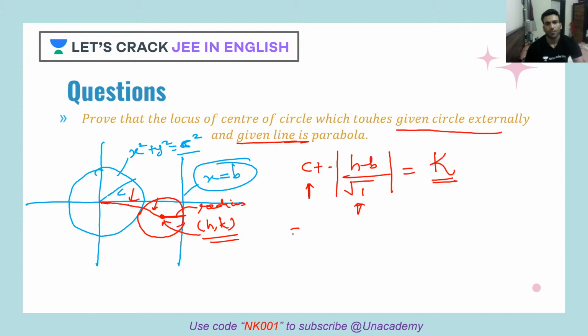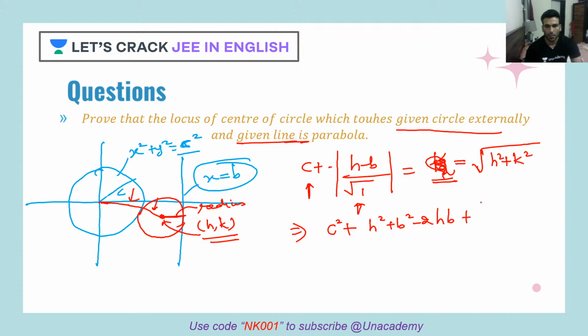Let's use that now. When I use that, this is my distance. Now this is constant. When I say this is constant, this constant will be what? From the center, this will be what? H square plus k square, correct? The distance from the origin, because this is the distance between two centers. True. So now when I square it on both the sides, what do I get? I get c square plus h square plus b square minus twice of hb